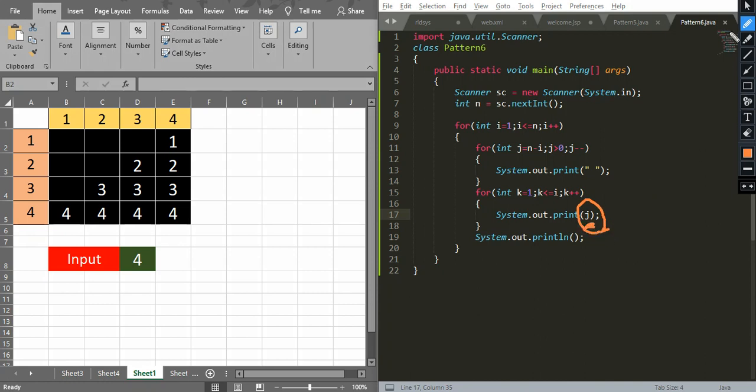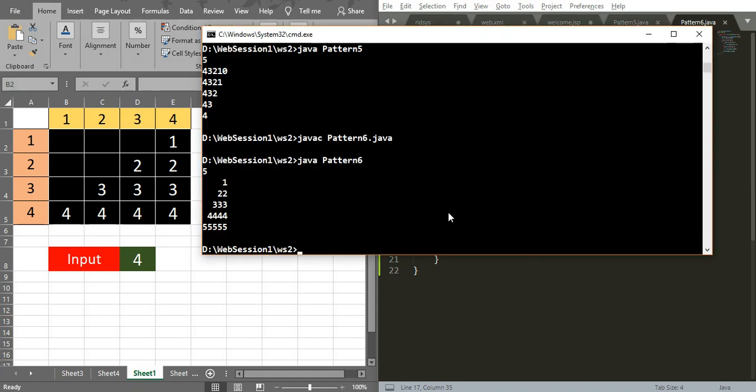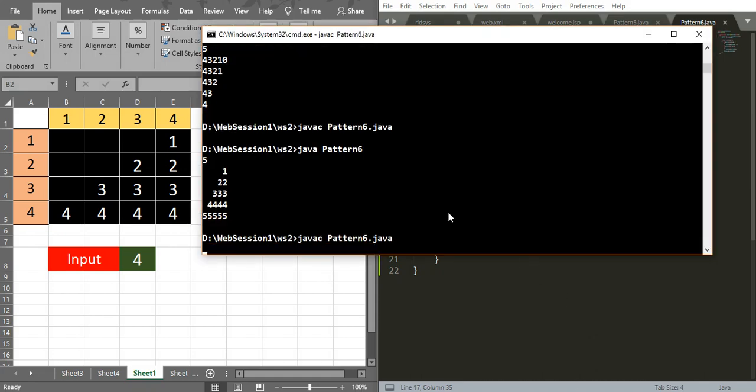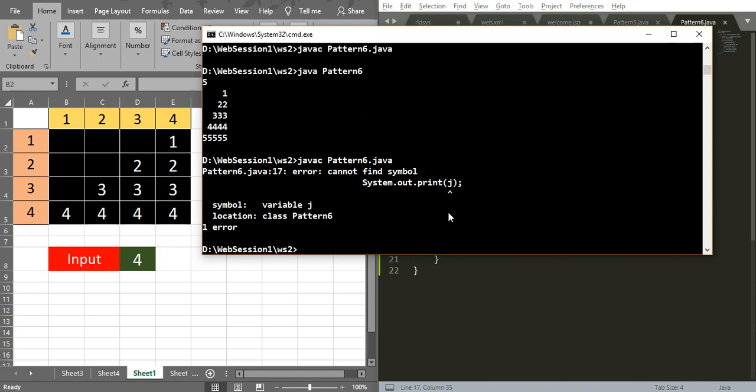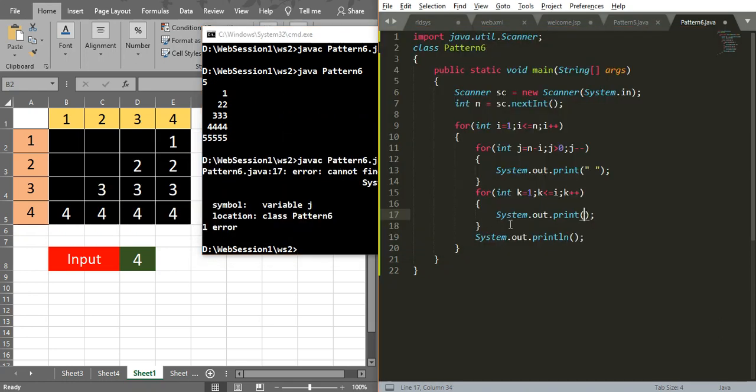Sorry, I'm printing k, I'm not printing j here. We have to print k.